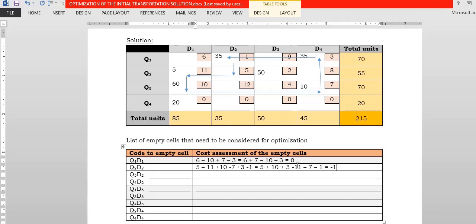Negative 1, so that is D2, sorry, Q2, D2. So this shows there's a potential for this particular route to receive extra units to minimize the overall cost of transportation, okay? Yes, so we proceed. Next we have D3,